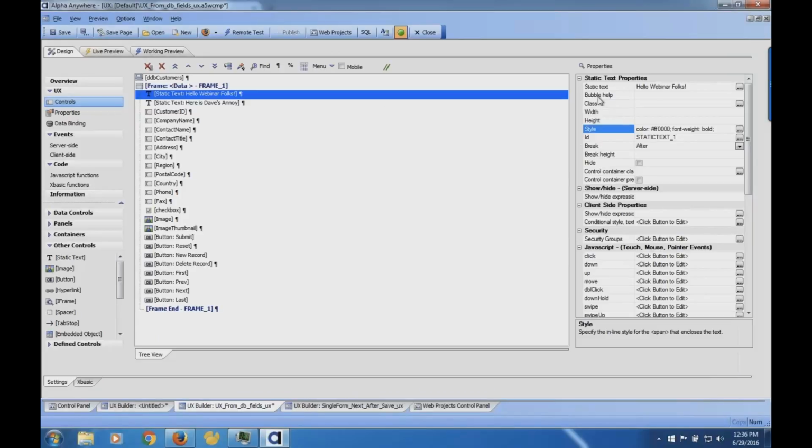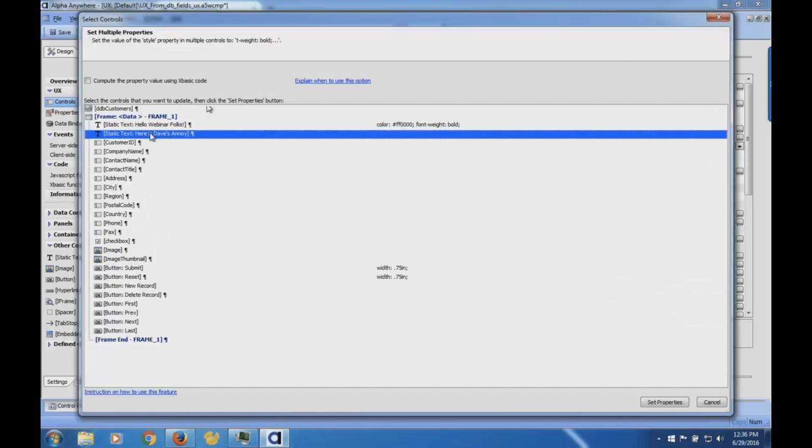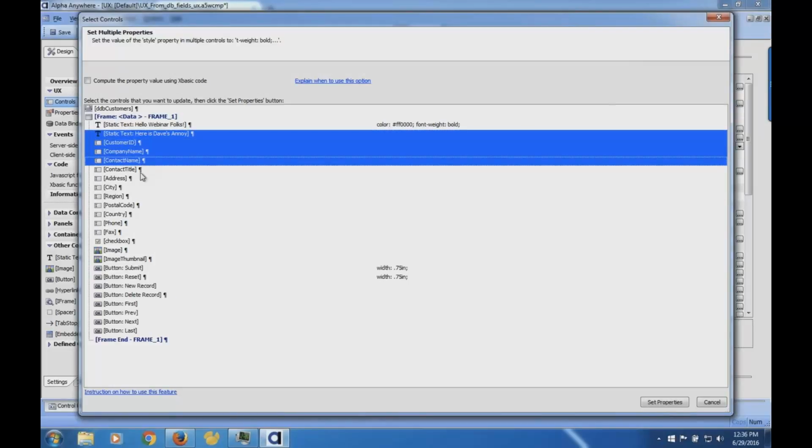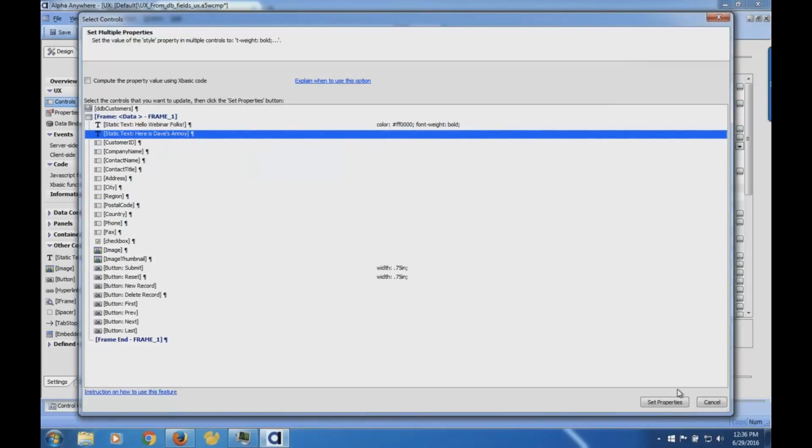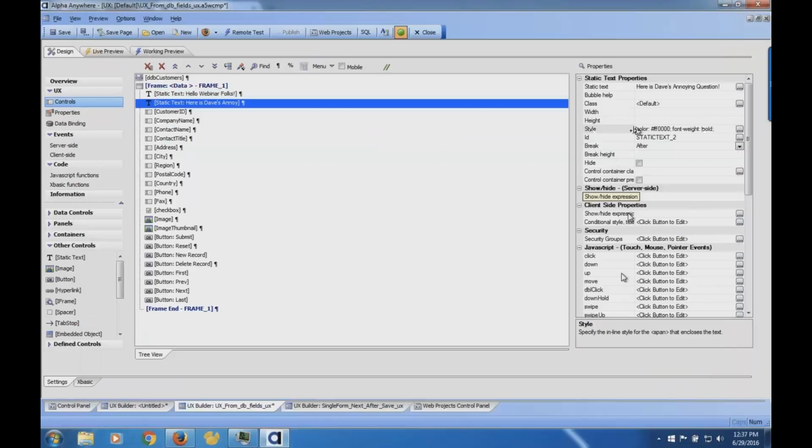So I select the property over here, and I click the little eyedropper. I select, or I could shift select, by the way. I'm not limited to just one. Click Set Properties, and you'll notice now it copied that property over here, and that applies for all the properties. There's another function for doing JavaScripts. There's certain properties that don't copy over, but the simple ones, like it could have been class, I could have set up a class and done the same thing.